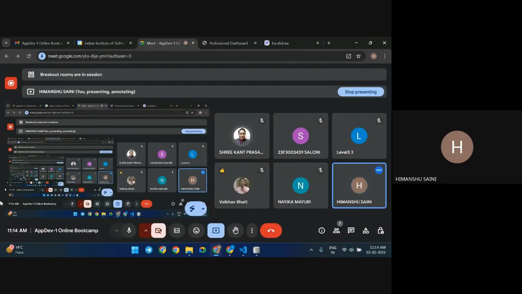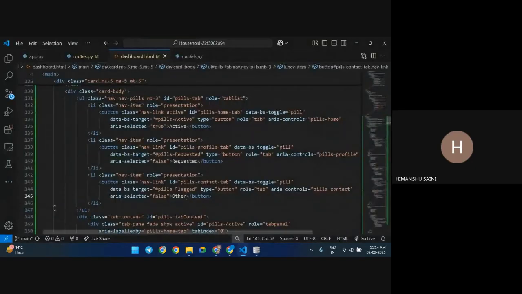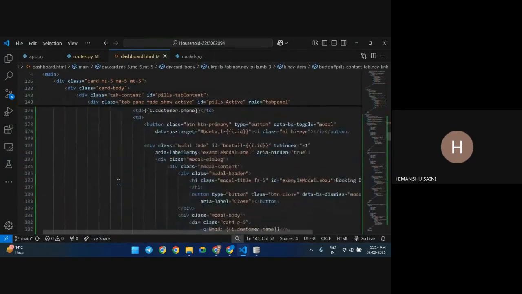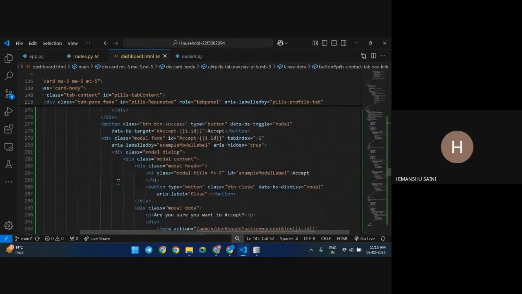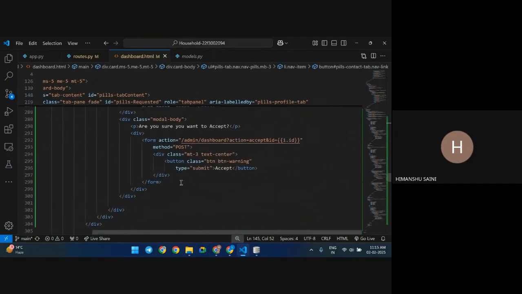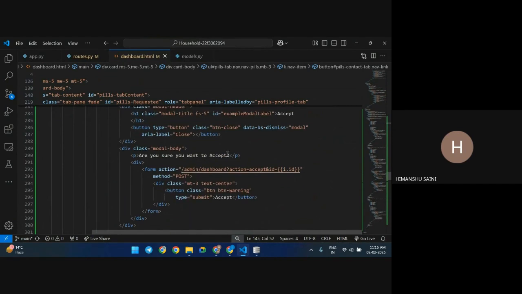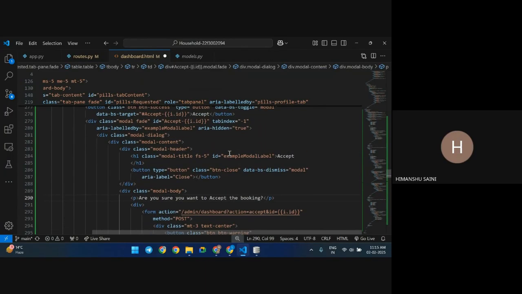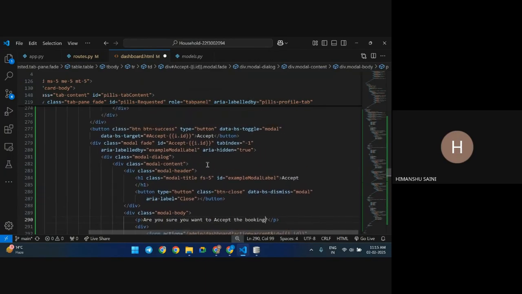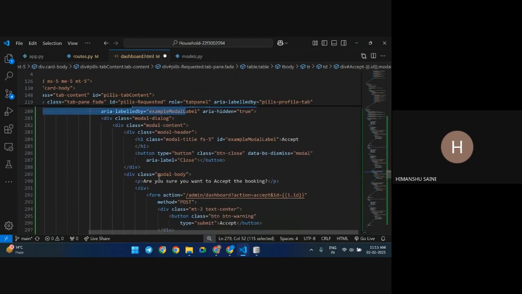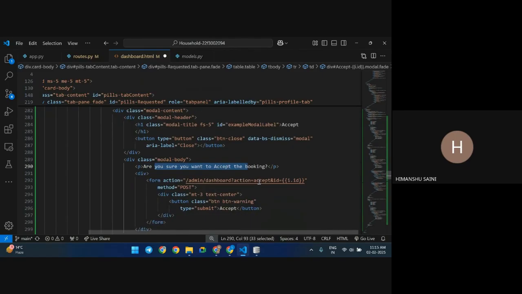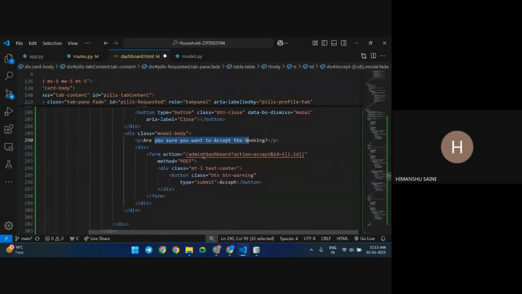Okay, I'll go ahead. I want to change the accept and reject behavior. So, are you sure you want to accept the booking? This is the accept button. It will open this modal, and in that body it will say, are you sure you want to accept the booking, and it should go to